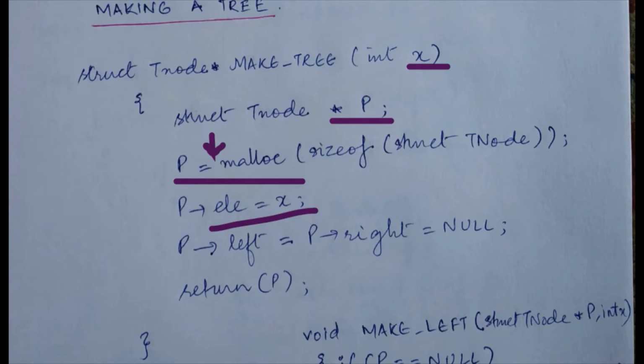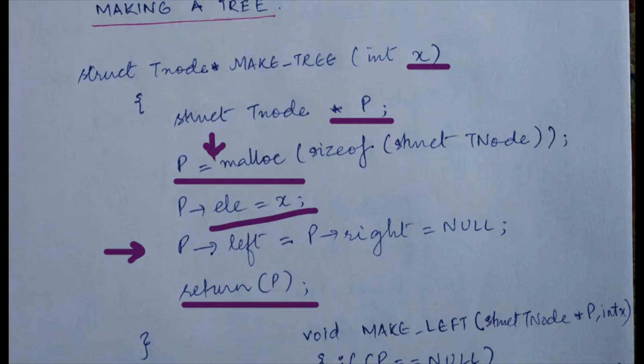Okay. Now when I say make tree, I'm actually making the tree node. I'm not making the entire tree. So whenever I'm given some element to add, when I call make tree, this function will give me a node with that element, and its left and right pointers will be set to null. So what I have to do after this p is returned to me, if there is